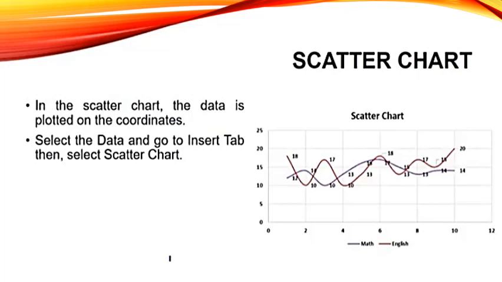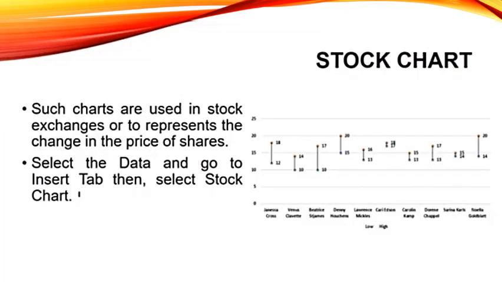Scatter means जो फैला हुआ हो, distributed हो. देखिए आप we can easily see here like x और y axis में different points हैं. There are some meeting points also जहाँ पर x और y दोनों coordinate मिल रहे हैं, but there are some coordinates जहाँ पर x axis अलग जा रहा है और y axis पर information अलग जा रही है. That is why it is known as a scatter chart.